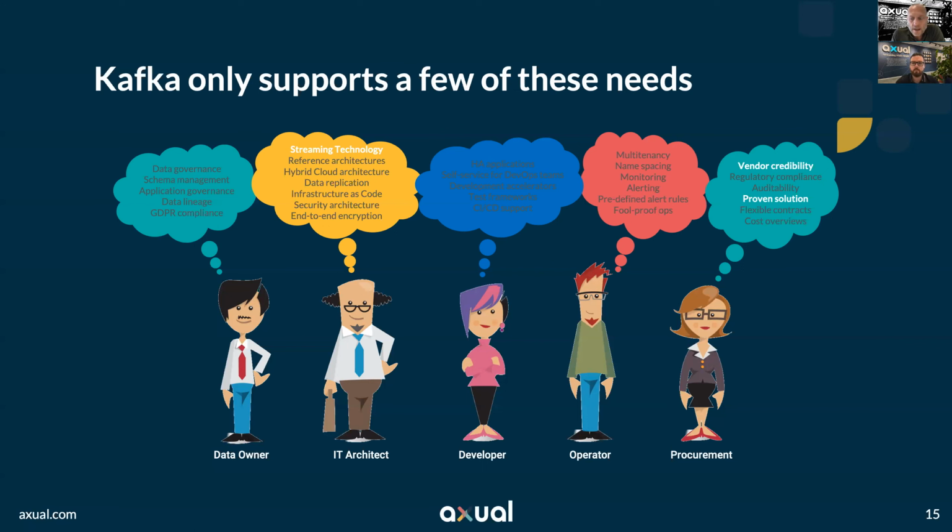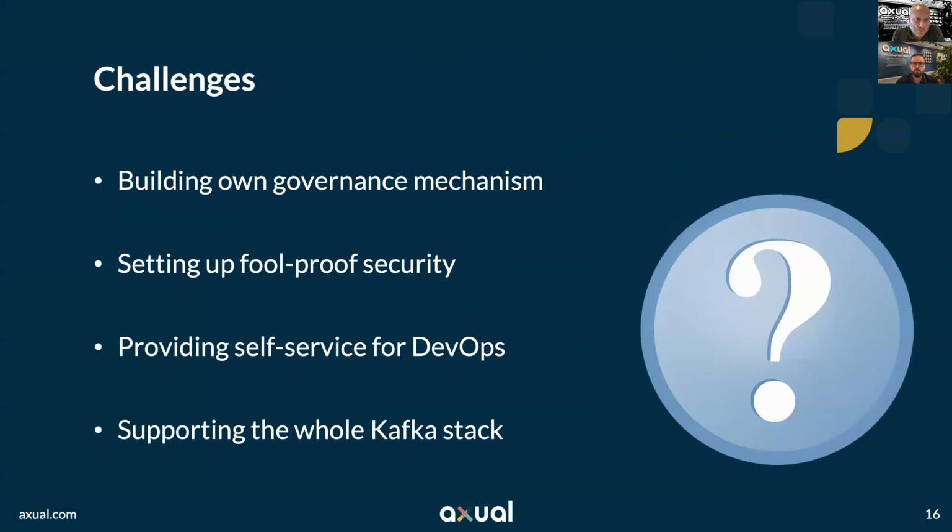So what does a Kafka team then start to do? They start to build their own governance mechanisms. They want to give those data owners the sense of control. So data owners should be given that control, meaning that you have to have some sort of a governance mechanism to put in place around providing access to certain data to certain applications. The foolproof security is key because you want to guarantee that no parties that shouldn't have authorization still get their hands on data that they shouldn't see.